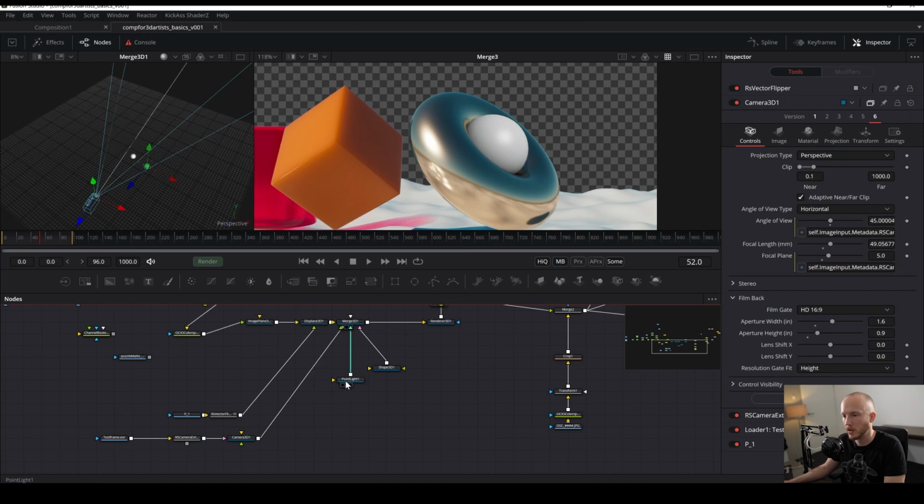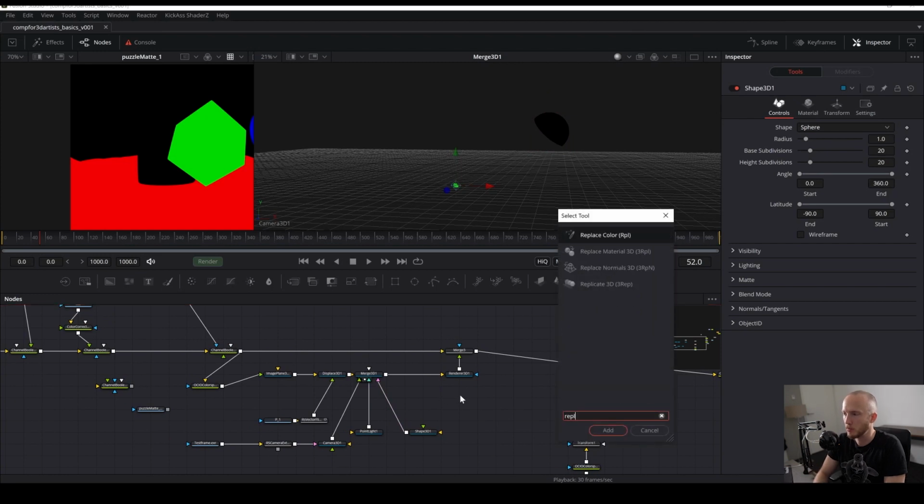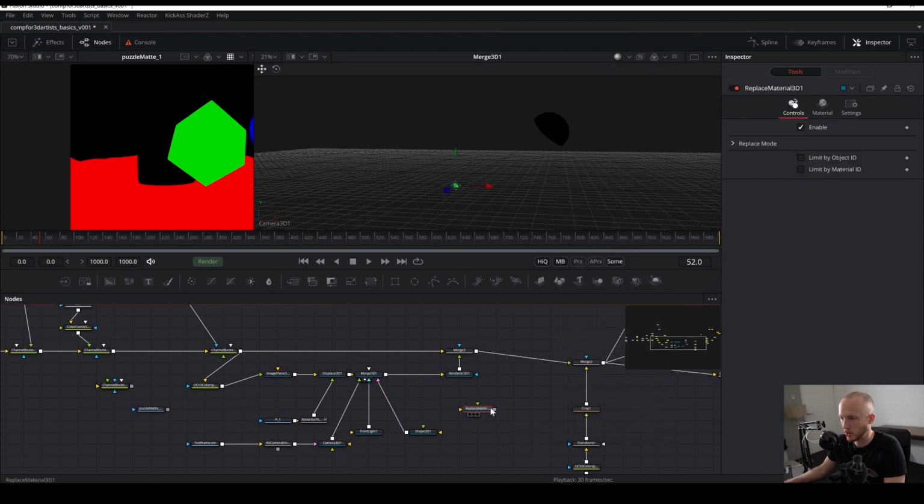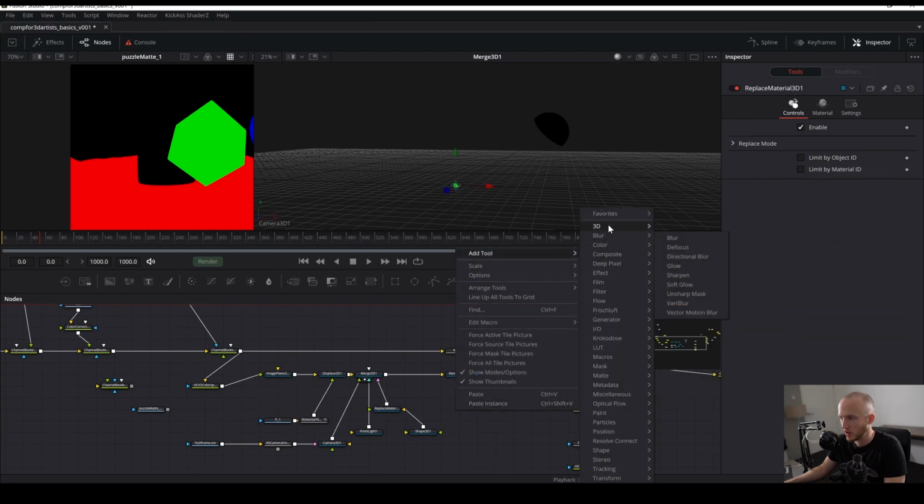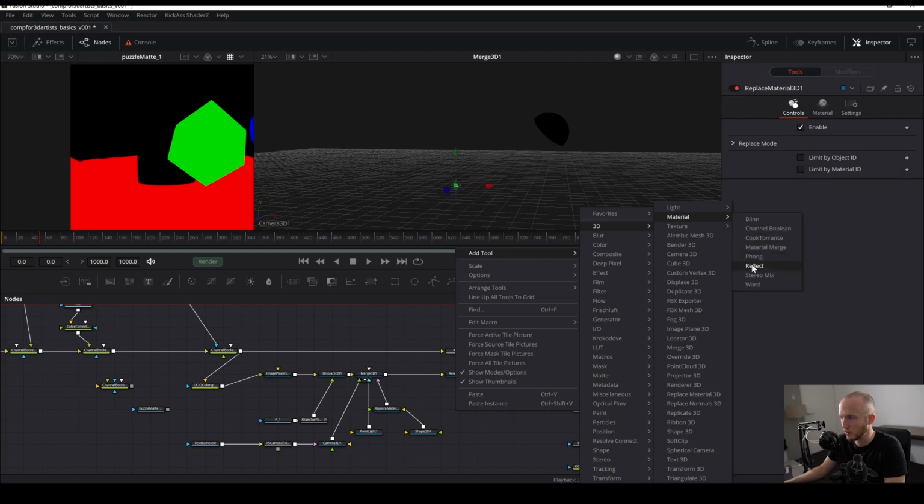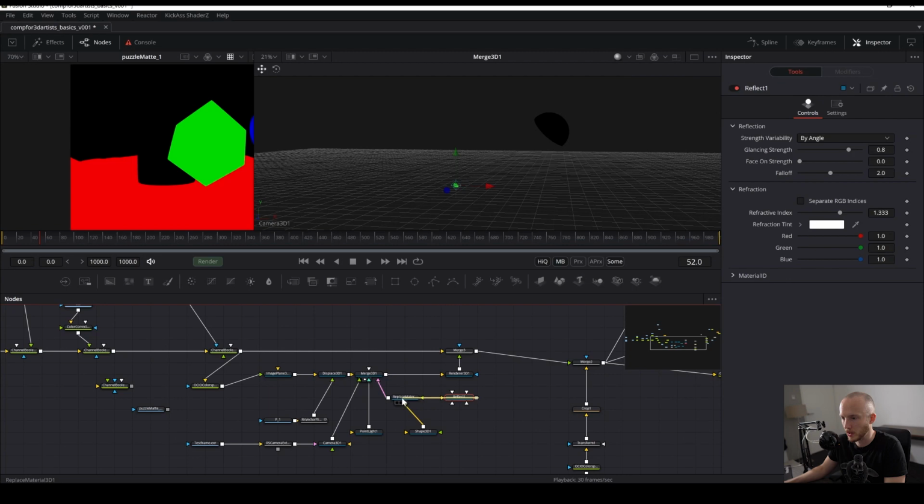So let's say we want to add a material to this thing. We can type replace material 3D, and we can plug this in between here, and then we can right click, go to add tool, 3D material, and then for example, let's do a fake reflection material. So we can just plug that in, create a render 3D, and let's add